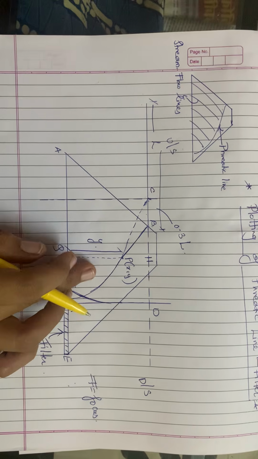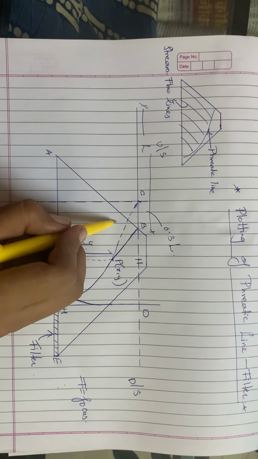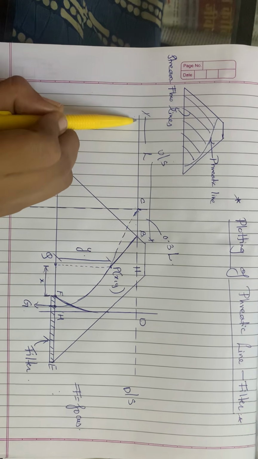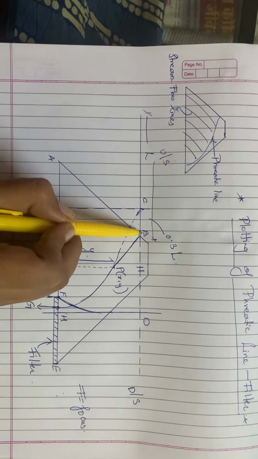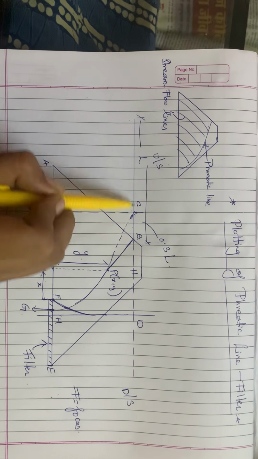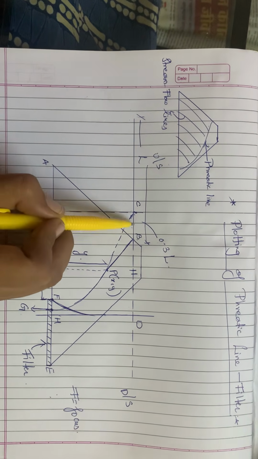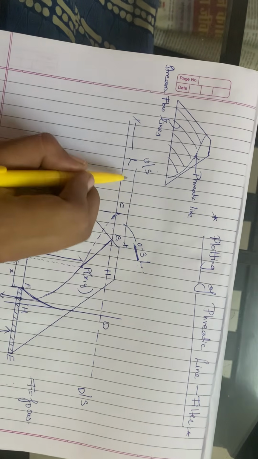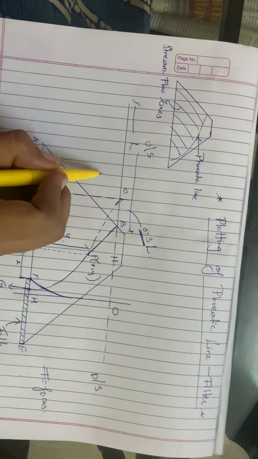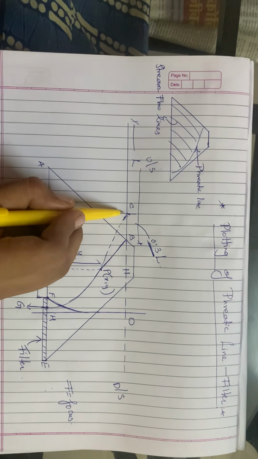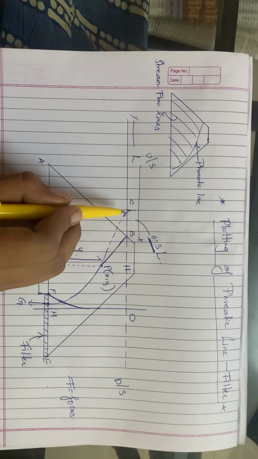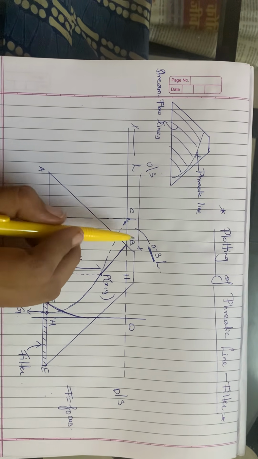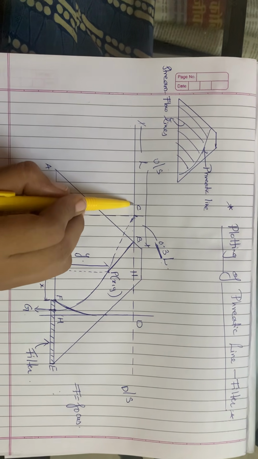So now how to draw this line? AB is the upstream face of the dam. Here we have the water surface. First of all, I have already drawn a horizontal projection from point B of length L. Then on this line we have to mark point C at a distance of 0.3 L. This is the starting point of our base parabola.